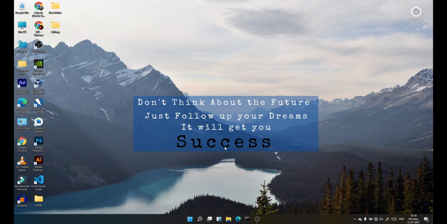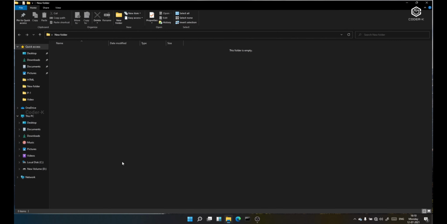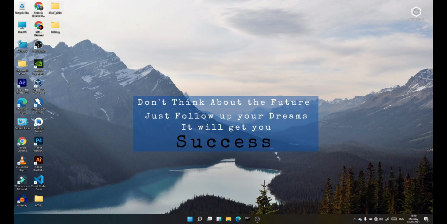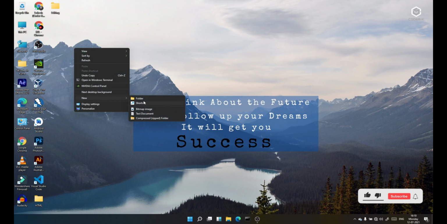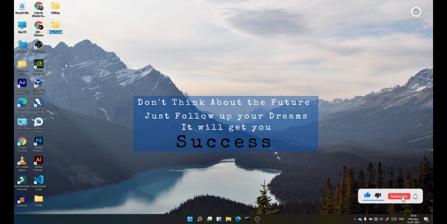Today I'm going to show how we can use our VS Code editor, guys. To use the VS Code editor, you want to create a new folder like this. It is an empty folder. It's easy to create a new folder. Okay? In this way, you can create a new folder.